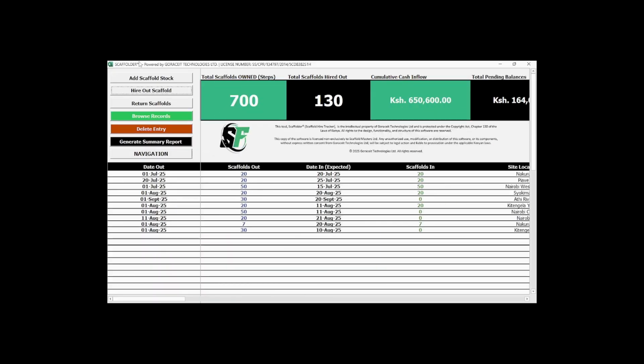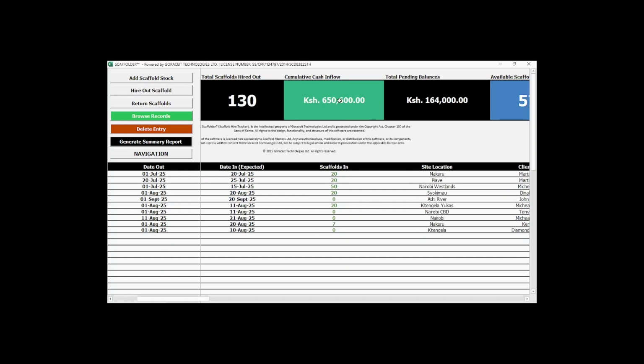Good. So now let's move on to extend hire and also exclude days of hire within those days of extended hire. But first, please note that you can still see the total scaffold owned is 700. Then we have the 30 that were added to the 100. Of course, we've captured the amounts added onto this. We'll see that a few minutes from now. The balance was captured, so 18,000 was added here, 30,000 was added here, and then we have now